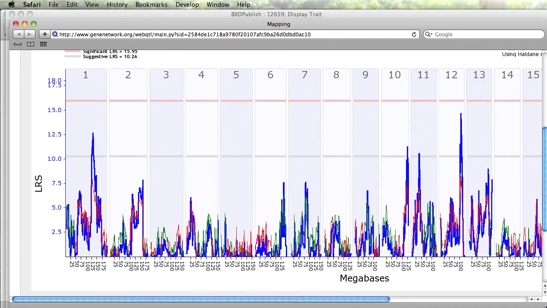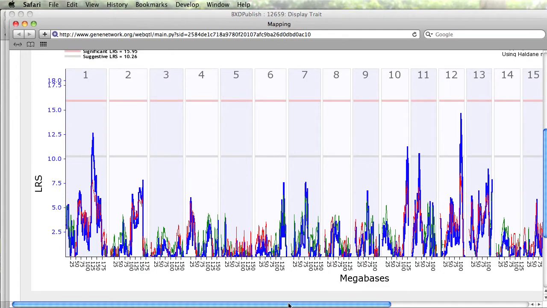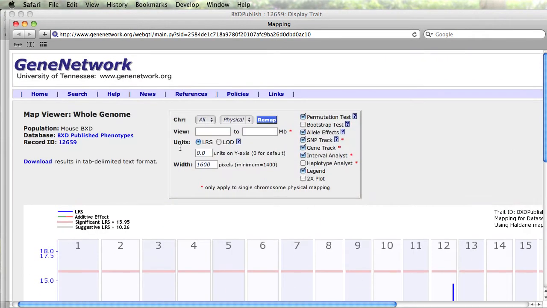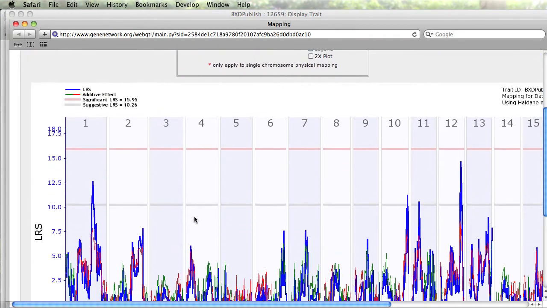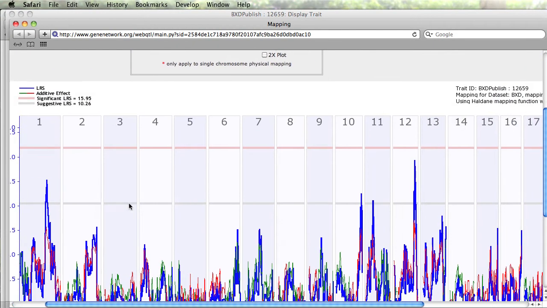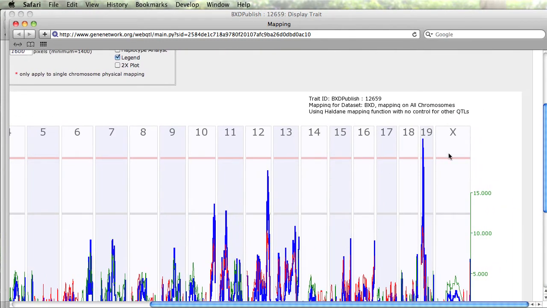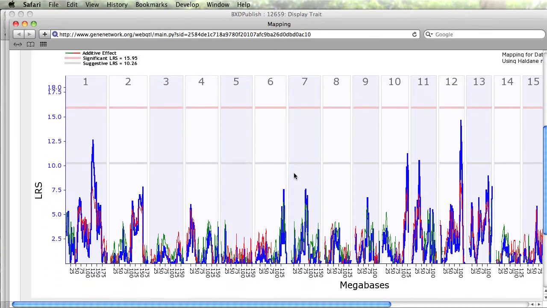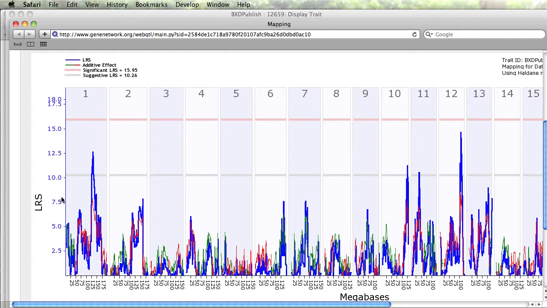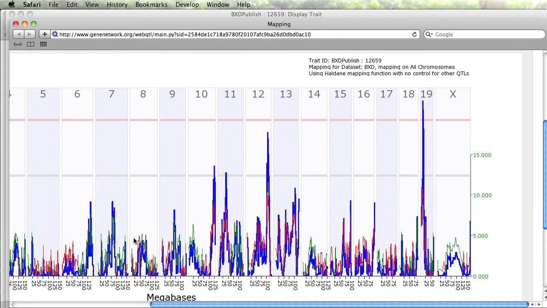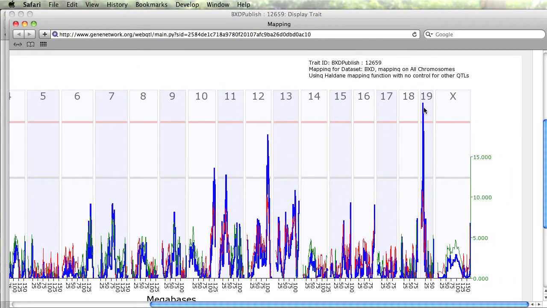So this is what the mapping result looks like. There are some parameters you can tweak here. On the x-axis are the mouse chromosomes, chromosome 1 through the X chromosome, and on the y-axis is the likelihood ratio statistic that there is a sequence variant or sequence variance on a particular chromosome that modulates brain weight. And in this data set you can see that there's a hot spot on chromosome 19 that's likely to modulate brain weight. If you actually click on the number 19,